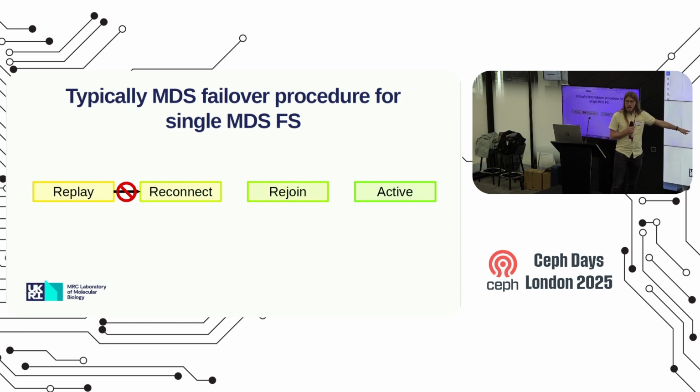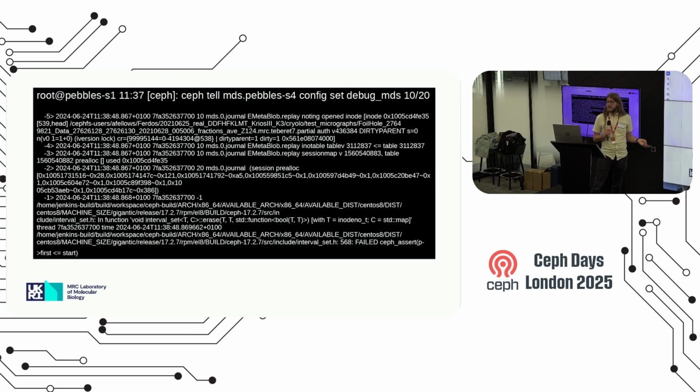It will enter this replay state, but it won't ever progress to the reconnect state, and it will then just become laggy as well. So this points to something wrong with our journal, since our MDS can actually start entering the replay state. It doesn't immediately fail, but it can't seem to progress for some reason. So if we investigate this further, we can increase the debugging setting on our MDS and follow our MDS log,